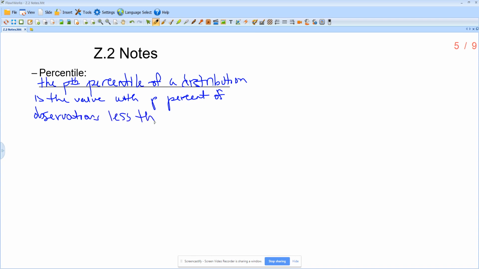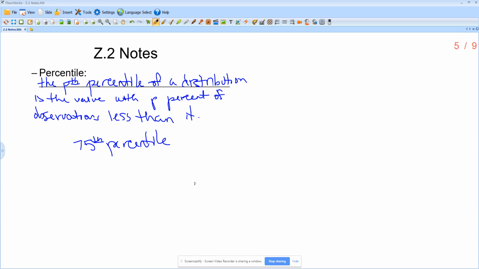So again, thinking back to a standardized test, if you were told that you were in the 91st percentile, that would mean that you did better than 91% of people. So just to give 2 other examples, if I was talking about the 75th percentile, if we